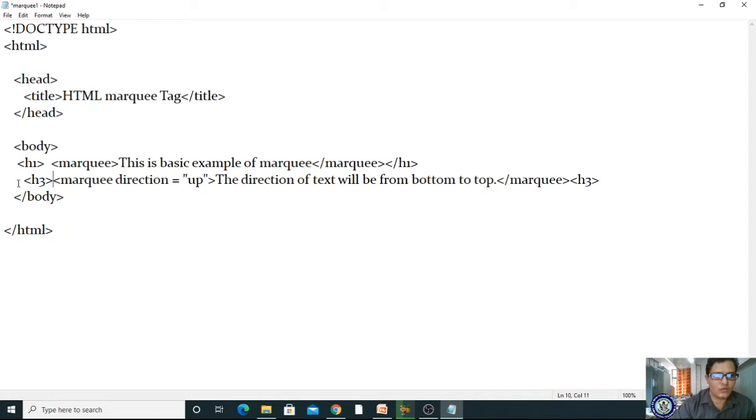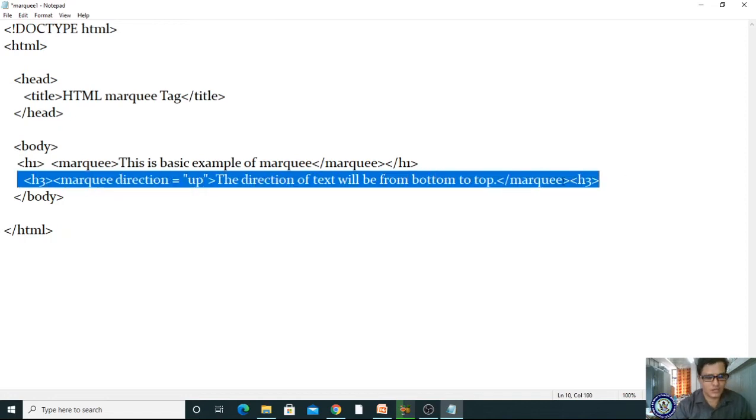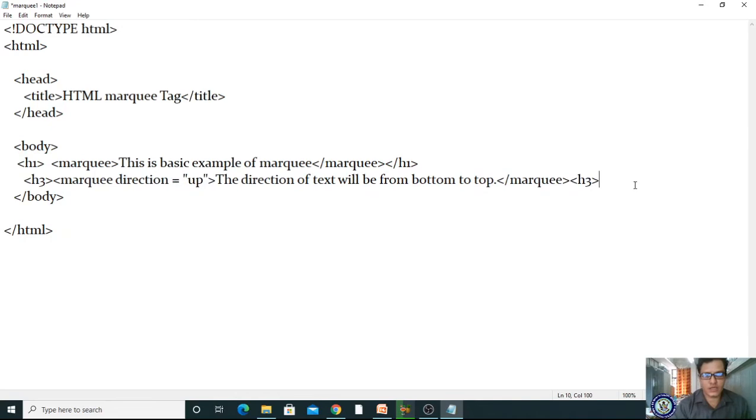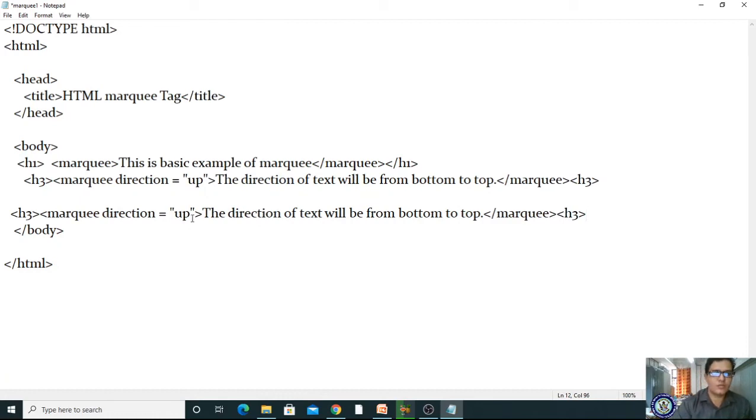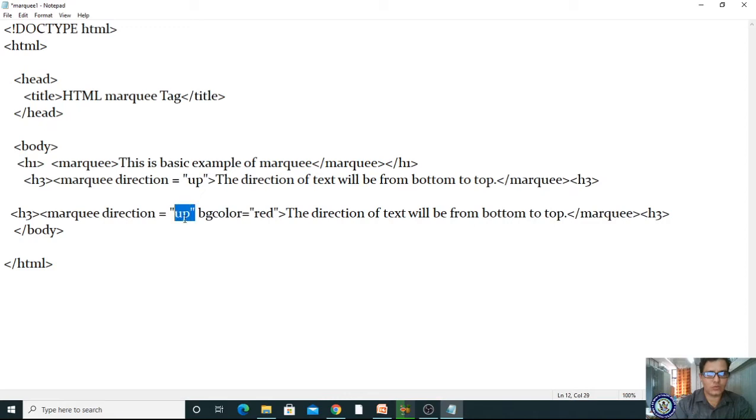Now I will take one more H3. I will make one image scroll, or if I want to give a background color, how can we give it? We can give bgcolor equal to red, I will give red. And I will give the direction as down.